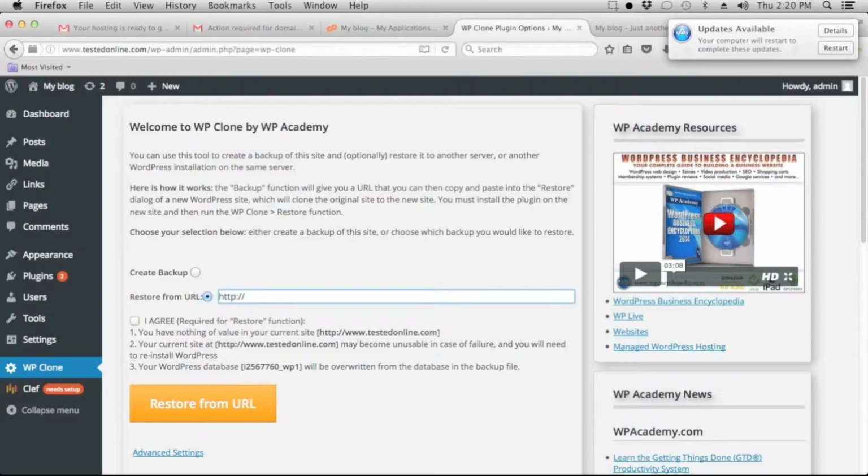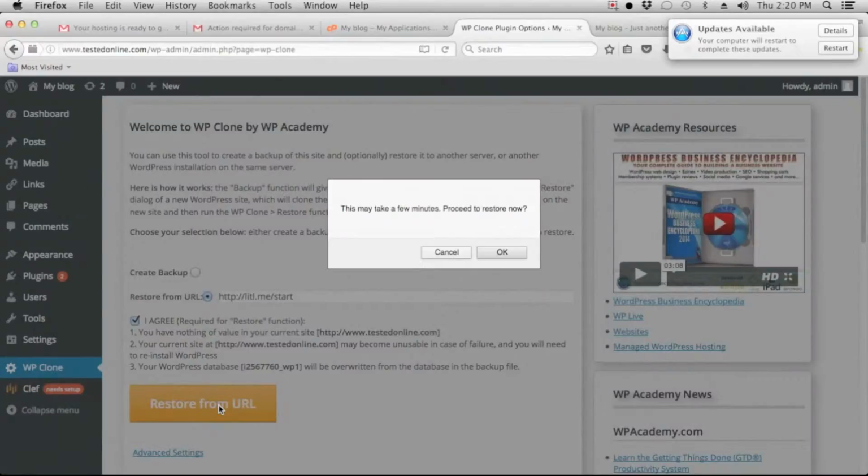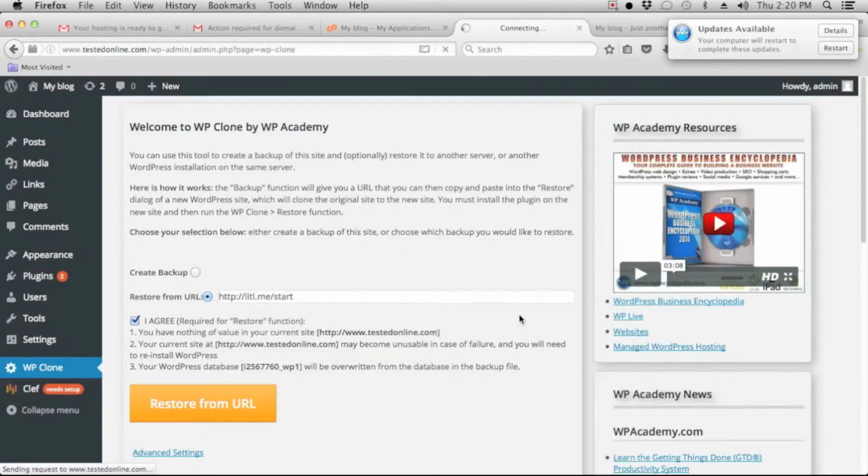So for right now, just type in http://litl.me/start, START, and then click I agree and restore from URL, and OK. This could take a few minutes. Sometimes it takes a minute or two. Other times it could take upwards of 10 to 15 minutes,